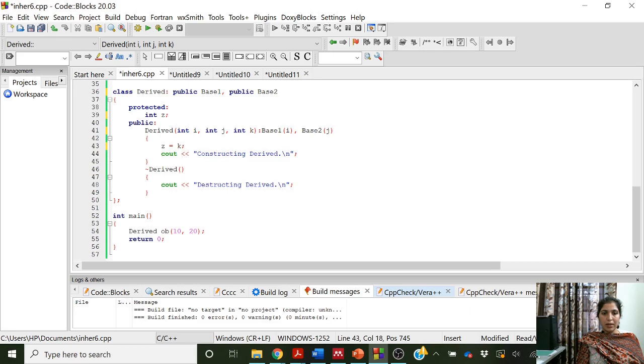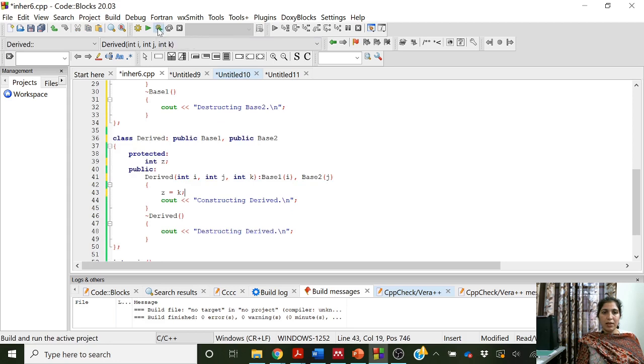Okay, and here also when we are creating the object, we will pass three arguments, one for I, one for j and one for k. Okay, and let us run it.